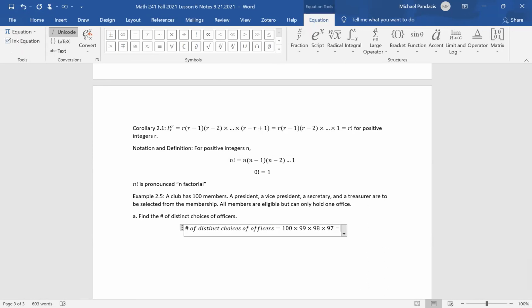There are 3 people out of the 100 already chosen to hold an office, so there's 100 minus 3, which is 97 remaining people for the 4th choice. So you multiply those 4 numbers, and you get